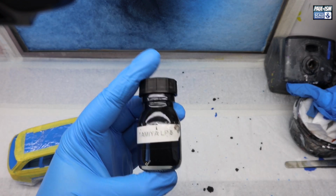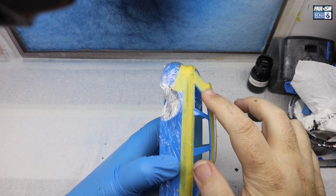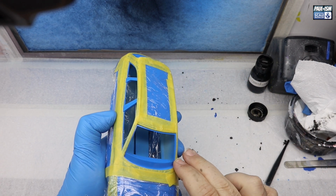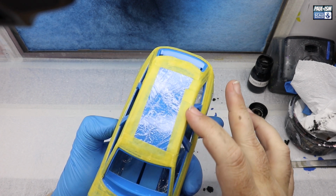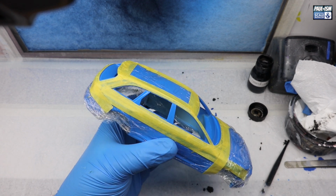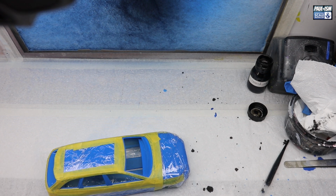In the spray booth, we've got some Tamiya LP5. We've got Apex 0.3. This has been thinned. This is my pre-thin bottle I keep in there because I use so much semi-gloss black. It's thinned about 60% with Tamiya lacquer thinner and retarder. We're just going down, making sure all the edges of the tape are burnished down fully. And then we're going to apply a couple of light coats, just building it up slowly to infill and paint